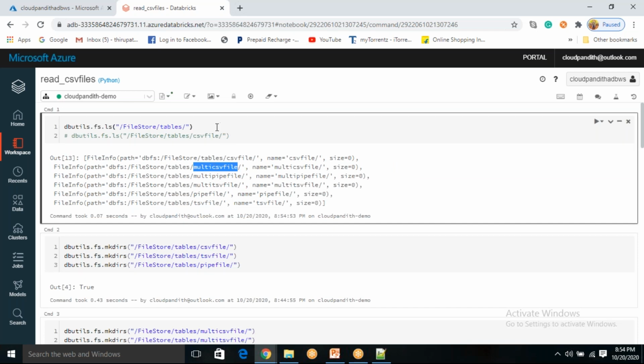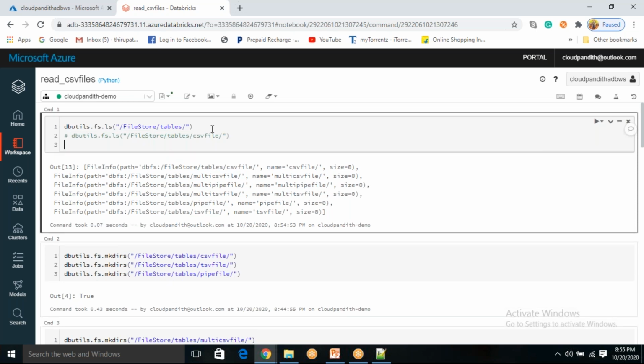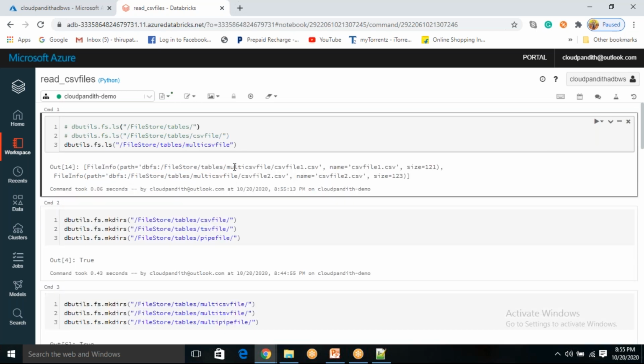Now I will look into the multi CSV file content. In this multi CSV file, what are the files I have? Executed.